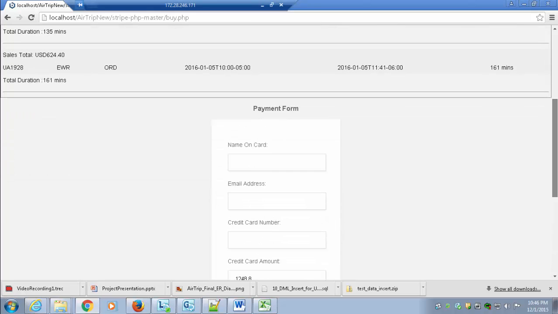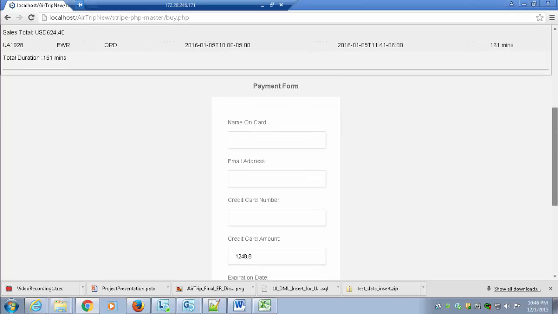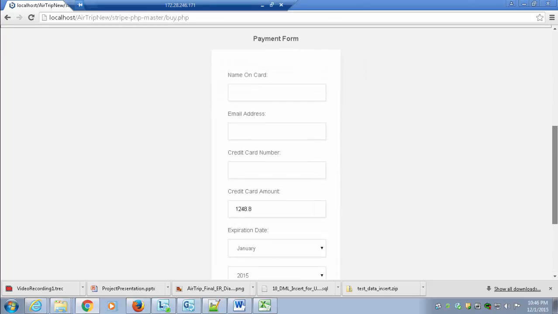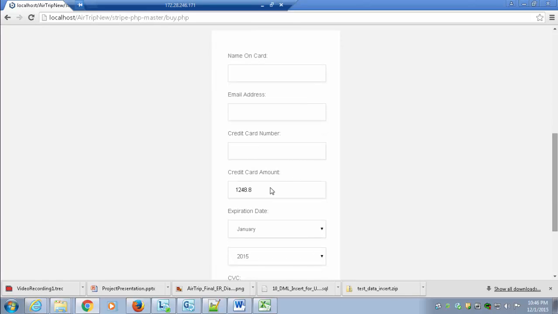And for the payment form, the payment has been done using the Stripe API, which Mira would be explaining later on in the video. And the Stripe API also has the autonomous transaction going on at the back end. Now one thing to note out here is that in buy.php, if you see the credit card number, it is the calculation of 2 adults.